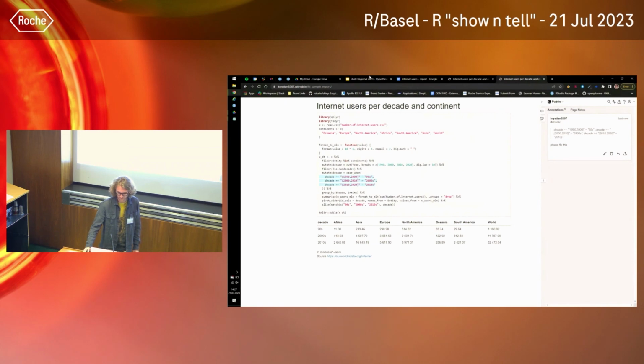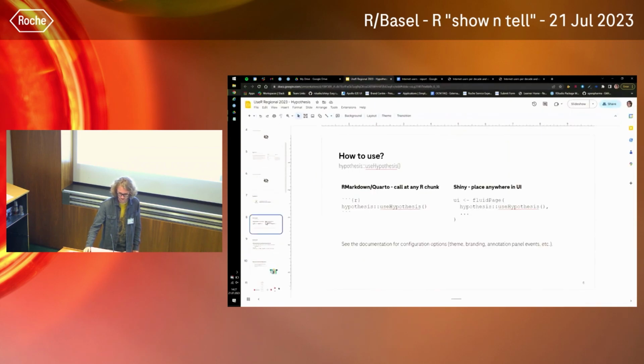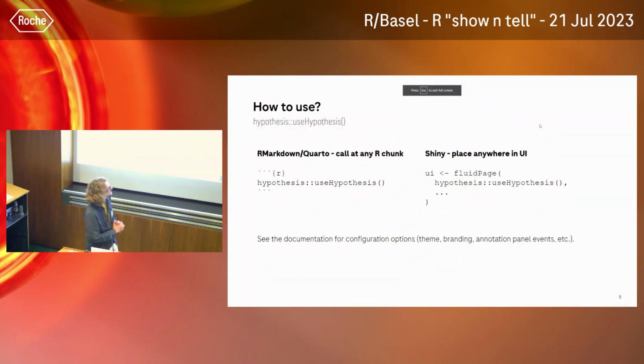And how can we apply this in RMarkdown? There is actually one single function for RMarkdown and Quarto. You can use the hypothesis function with some configuration available, and simply place it within an R chunk to enable the tool. Or if you're using Shiny, because you can also apply this to Shiny applications, you can just place it anywhere in the UI. For Quarto, there is also native support for hypothesis, but